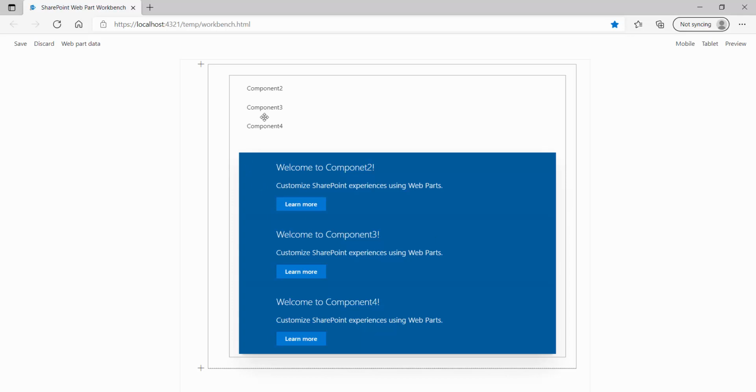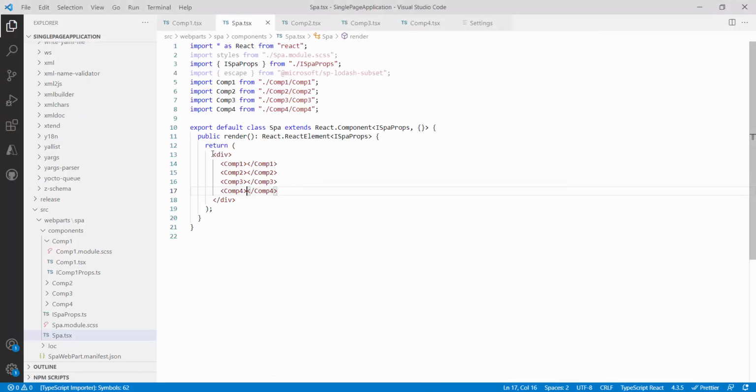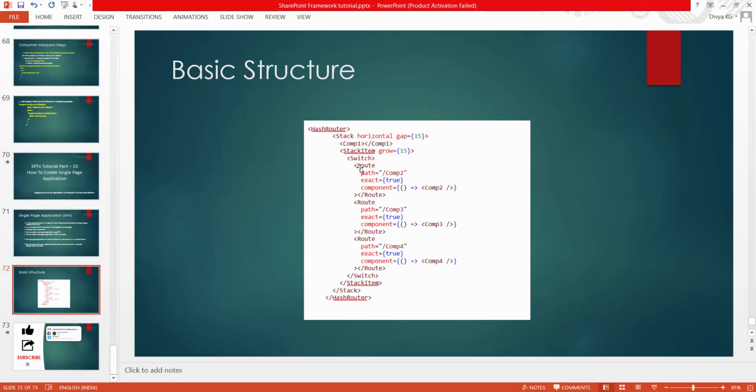This is my component 1, which is my left navigation. This is component 2, 3 and 4. Now what we have to achieve is whenever I click on component 2, component 2 should be visible. On click of component 3, component 3 should be visible, and same for component 4. This we will do with the help of hash router. For that I have already installed my typing file as well as my React Router DOM. Now let's go to the code over here, and I have also placed it in the PPT. In case you face confusion, you can refer to this also, and for today's hands-on I will refer to this.